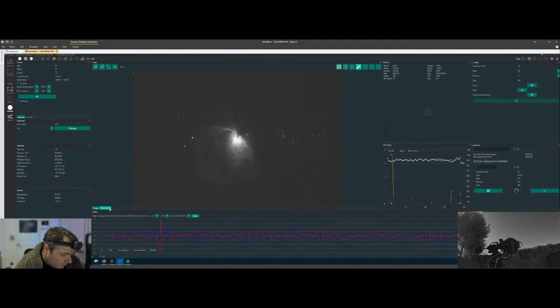Using a Bahtinov mask for focusing seems okay. Would a ZWO EAF improve things noticeably? Yes and no. No, in terms of, if you can achieve focus with a Bahtinov mask, then the EAF is going to achieve very, very similar focus results. Where it becomes useful is what just happened there on screen. I didn't have to stop this sequence, go outside, put a Bahtinov mask on, which touches the scope, come back inside, refocus, go back outside, take the Bahtinov mask off, and then when it changes filter again, do the same. Also, I have it set so that when the temperature drops, it